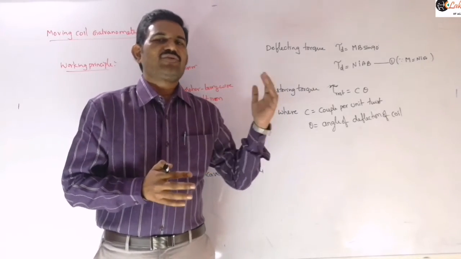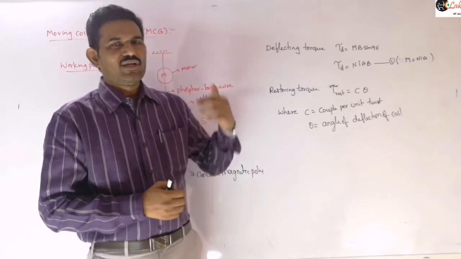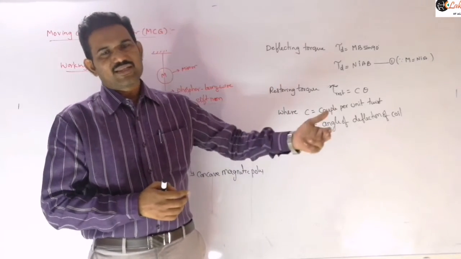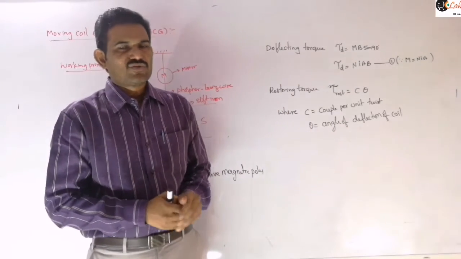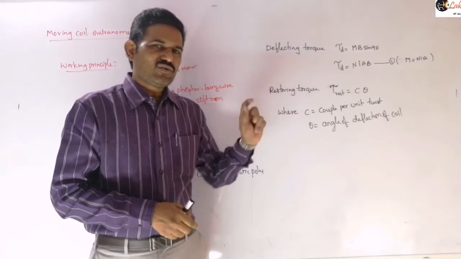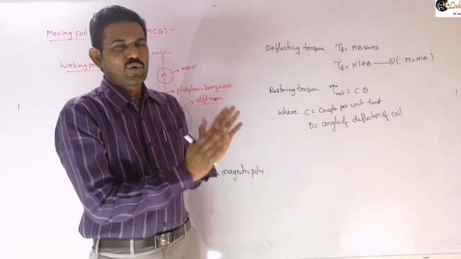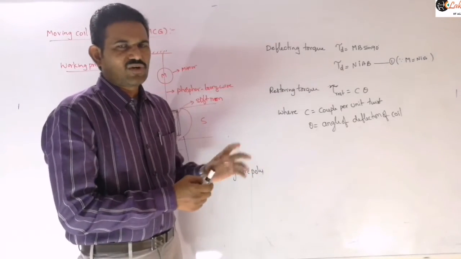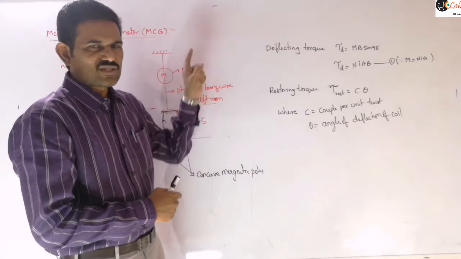That is different for different materials. As I said, for phosphor bronze you will get some constant C value, if you take copper wire you will get another C value, and if you take an iron wire you will get another value. So that is a constant for a given wire. If you want to change that C value, you need to change the wire. It depends on many factors like the rigidity modulus and the dimensions of the wire. So simply you need to remember that C is constant for a given wire.